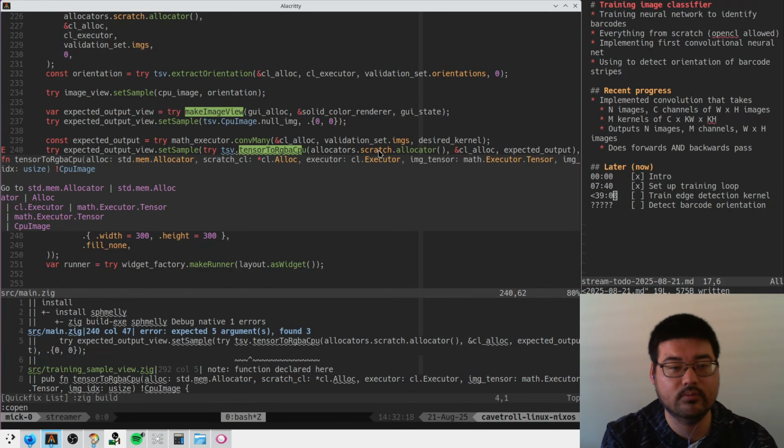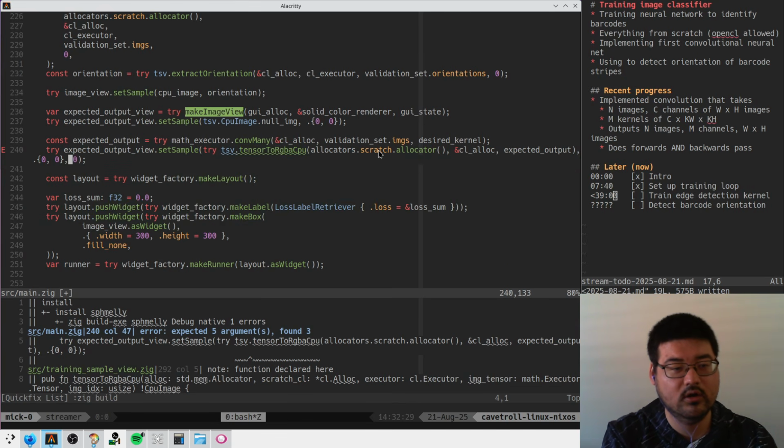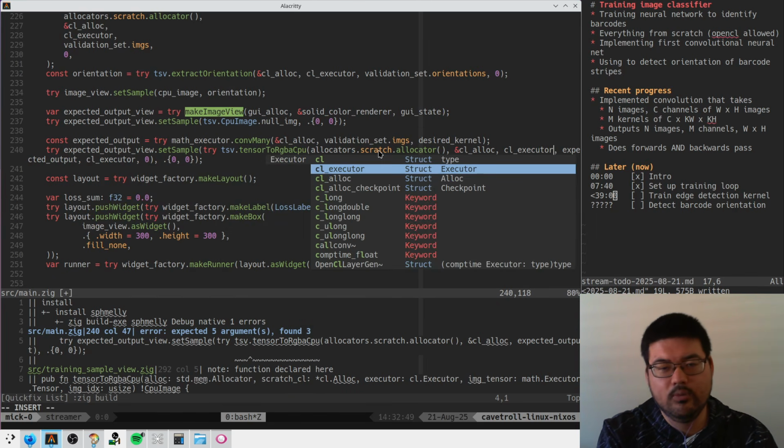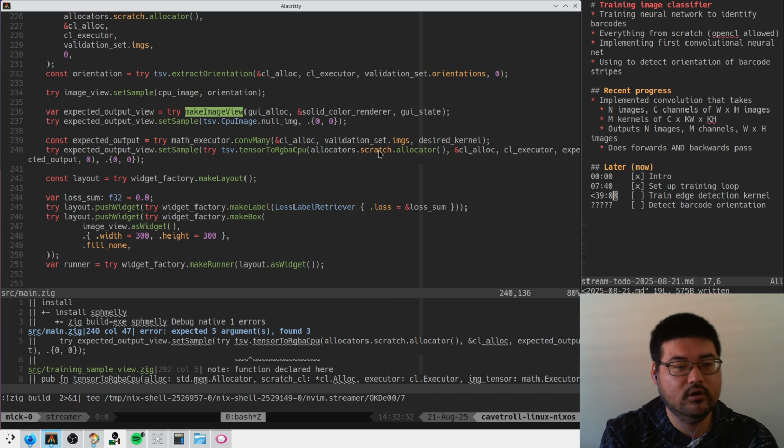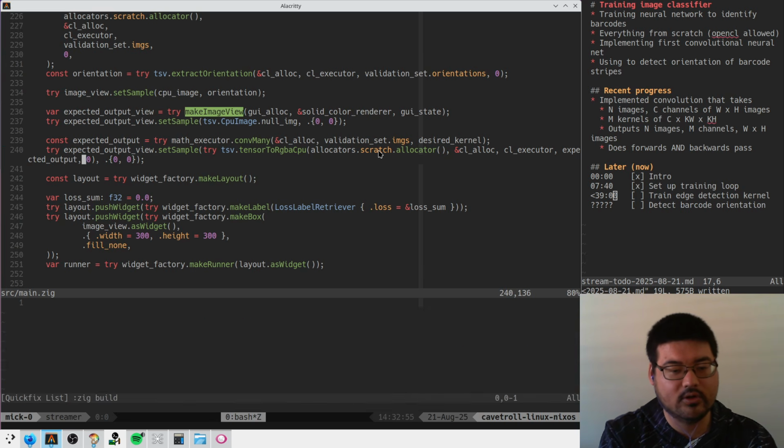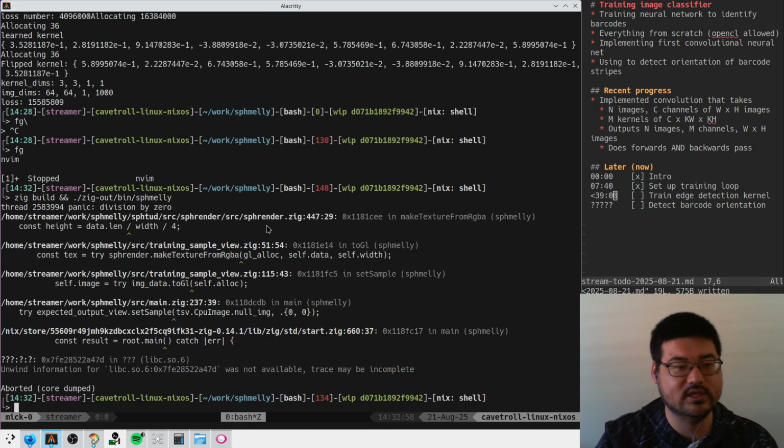Expected 5 arguments. 1, 2... yeah, so we're missing index here. Oops. And then also our executor. Did I get this in the right order? No. Oopsies! All right, please God. Okay, that compiles, and so we should see a horizontal edge detected thing here, but instead,